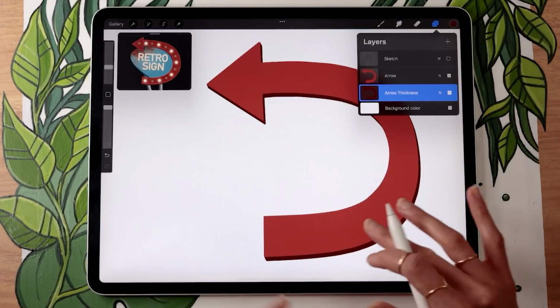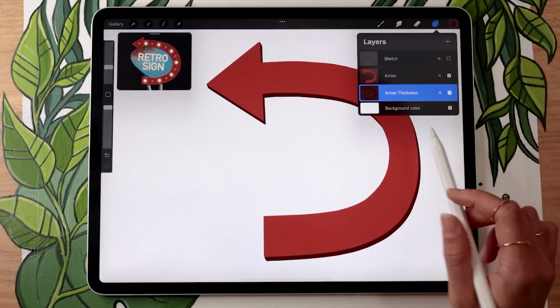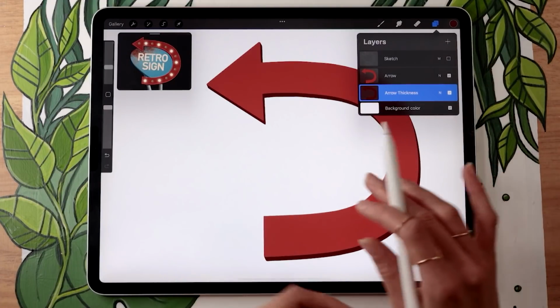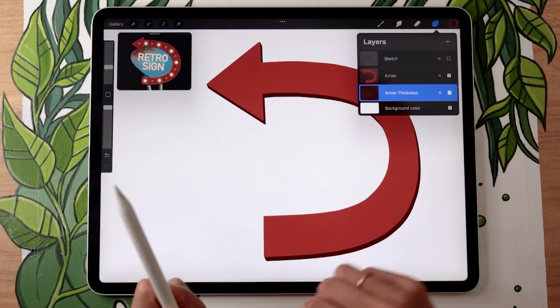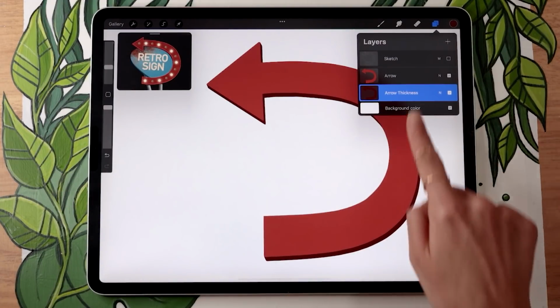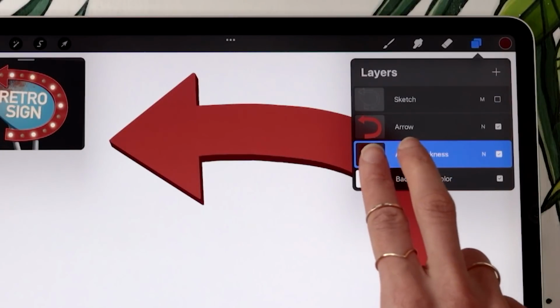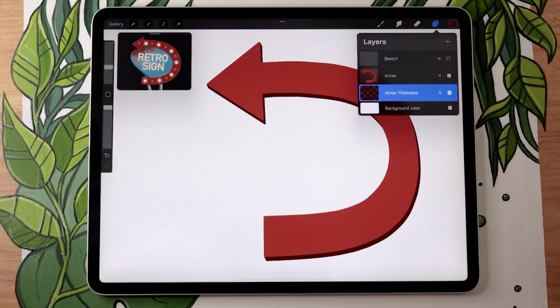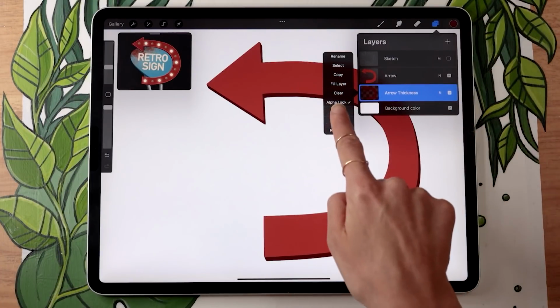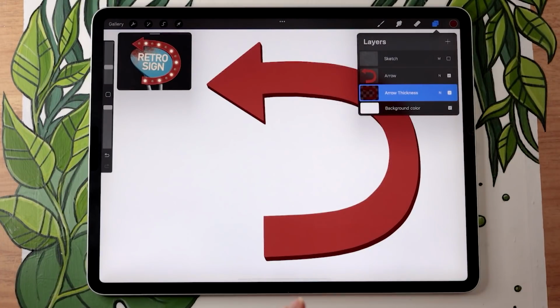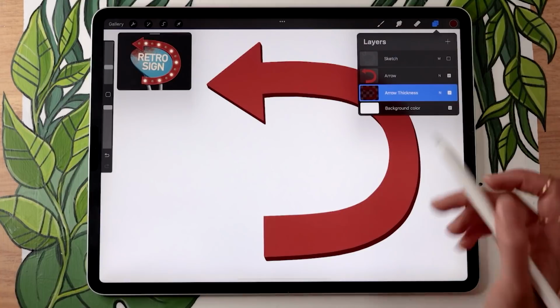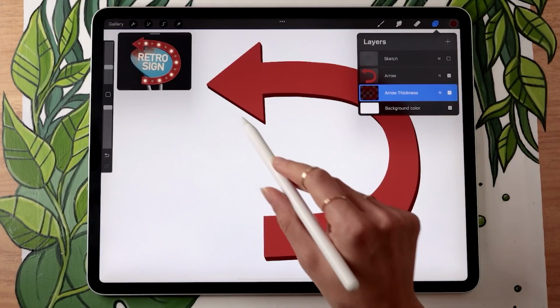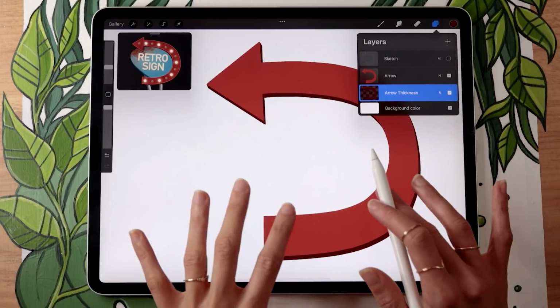And if you want to bring your shape to the next level, you might want to add some shading within the thickness. Now to do that very quickly in Procreate, you can activate what is called Alpha Lock on that layer. To do that, just take 2 fingers and swipe your arrow thickness layer towards the right. You can also manually activate Alpha Lock within the menu, it's right here. What Alpha Lock does is that everything we draw on the arrow thickness layer is going to stay within the color that is already there, so within that shape.